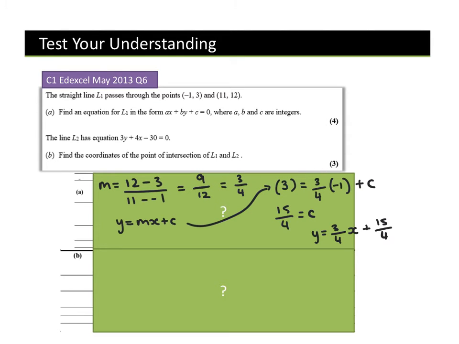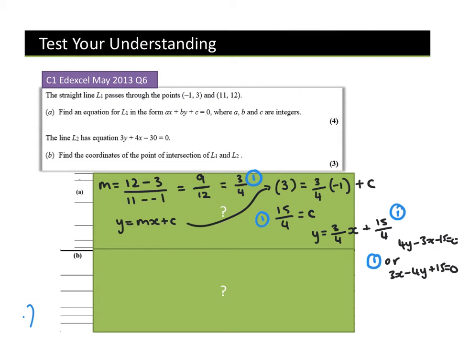Again, I need to change it. So I'm going to get 4y minus 3x minus 15 equals 0. Or yours might be 3x minus 4y plus 15 equals 0. Either or. Okay, for the second part of the question, it says the line L2 has the equation 3y plus